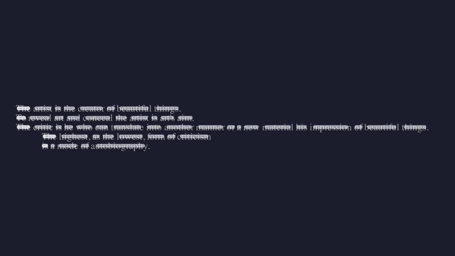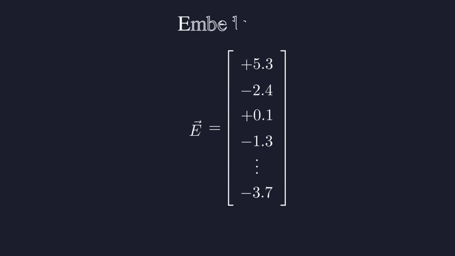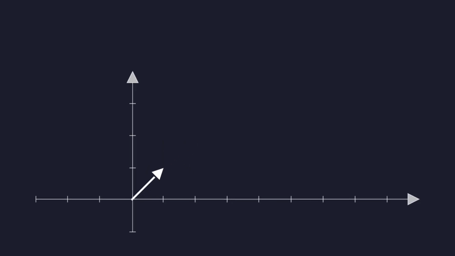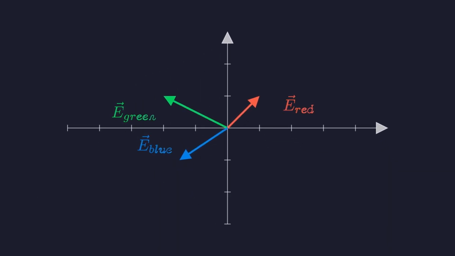The first step is to divide text into pieces called tokens. The way this is done varies, and we'll use words. To process these tokens, we can represent each one as a vector, a long list of numbers, which we'll call its embedding vector. An embedding can be visualized as an arrow that points in a direction and has a certain length. We want the direction of that arrow to correlate to the word's meaning, and the length to represent the